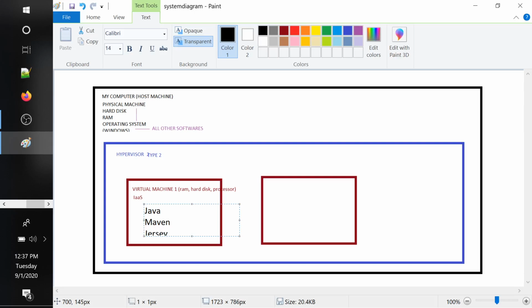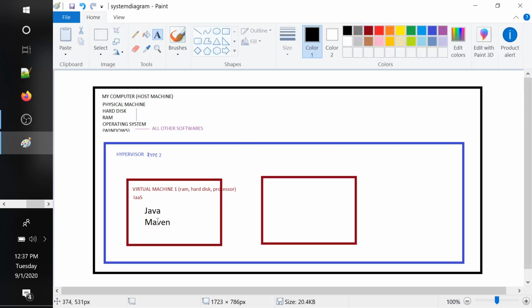Let's say in the platform we'll go with Java and Maven, but you could have SQL Server, you could have Apache server. There are n number of things that you can make ready and put in the virtual machine. So this particular machine can be given as a copy to anybody else,